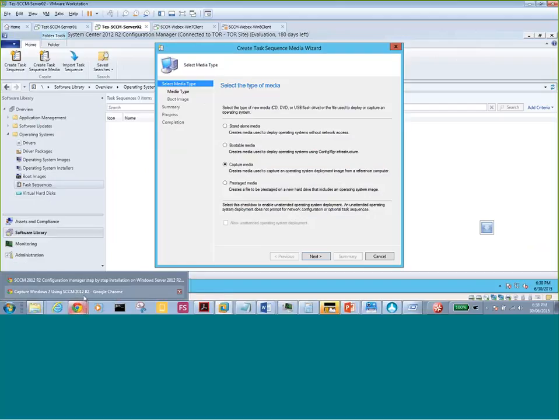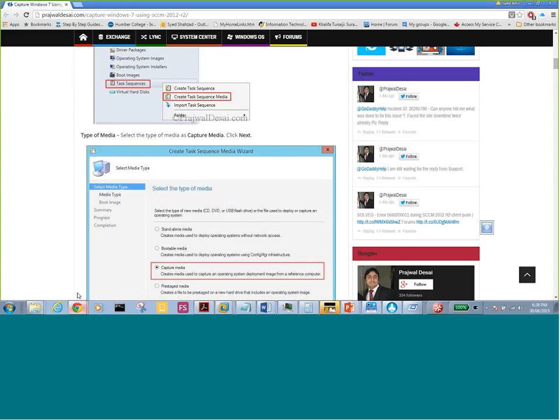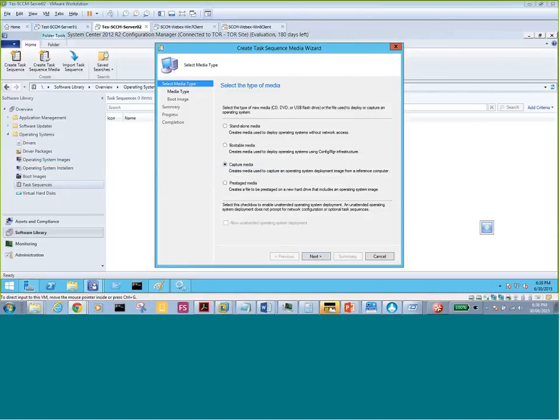Now I'm just going to confirm. So guys, I'm not going to show that in the video because you all have this screen open. I'm going to put it on my second screen so I can just look up and look down instead of clicking back and forth. So I've selected the capture media, and then the next step, when we click next, is just saying